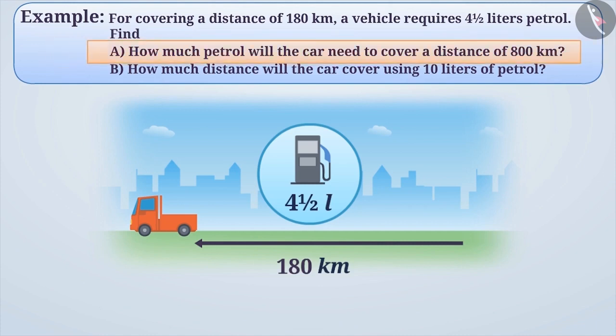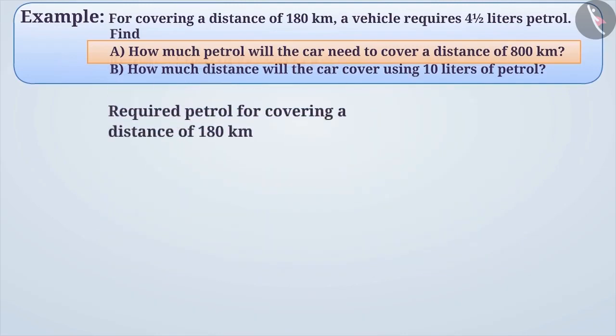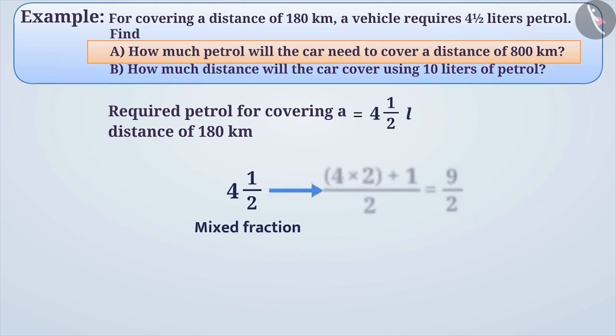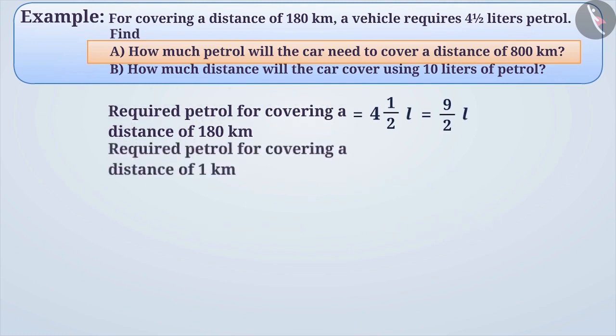First, let's find out how much petrol is needed to cover a distance of 800 kilometers. Required petrol for covering a distance of 180 kilometers is equal to 4.5 liters. Here, we convert the mixed fraction 4.5 into an improper fraction and get 9 by 2. Therefore, required petrol for covering a distance of 180 kilometers is 9 by 2 liters. Thus, required petrol for covering a distance of 1 kilometer is equal to 9 by 2 divided by 180, or